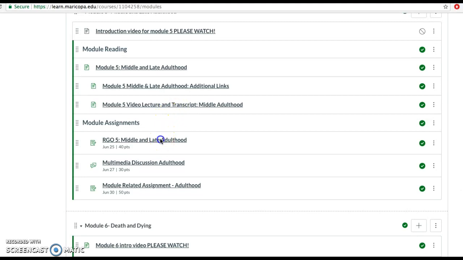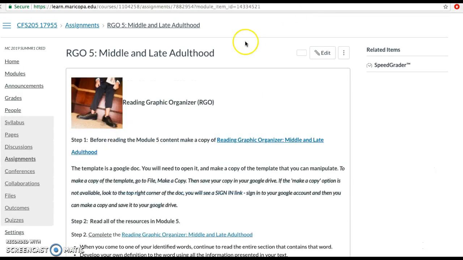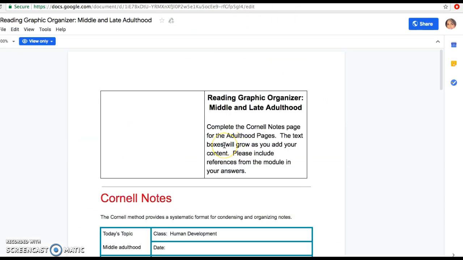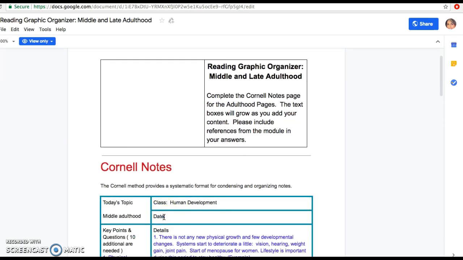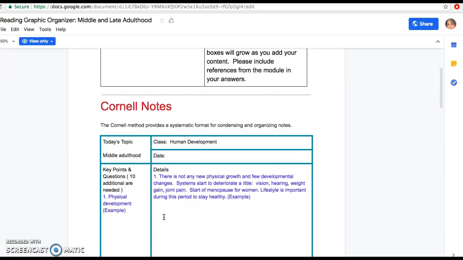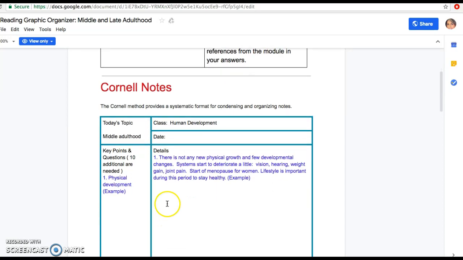All right, our RGO this week is a little different. We are going to try using Cornell Notes. It's a little different, but I think that you will like this process. One of the reasons that I do this in this course is to give you different opportunities for note-taking. We know that not everything works for every single person, so I wanted to have different opportunities each week or a few times throughout our course. So Cornell Notes is a lot of fun.